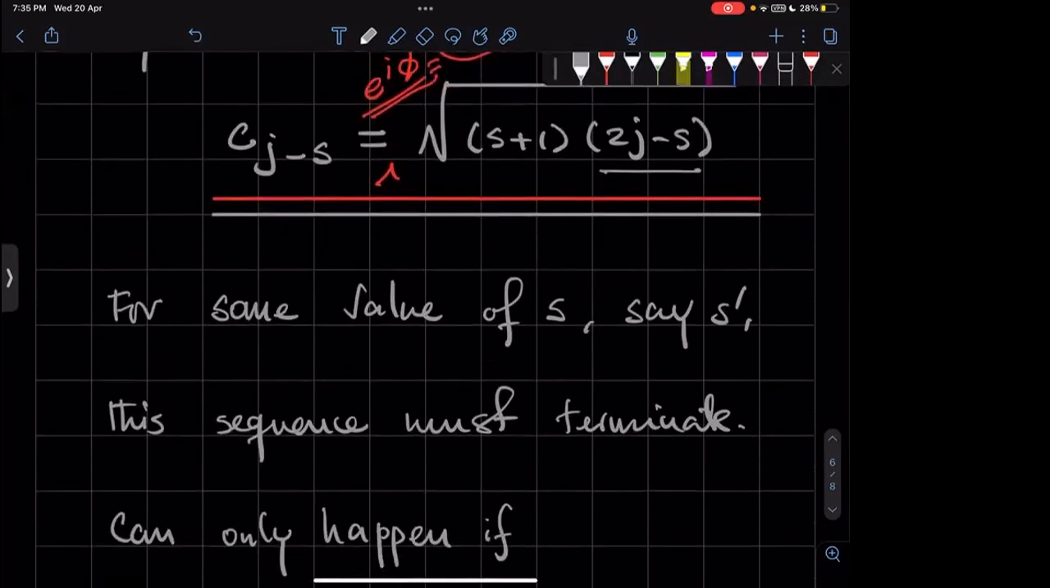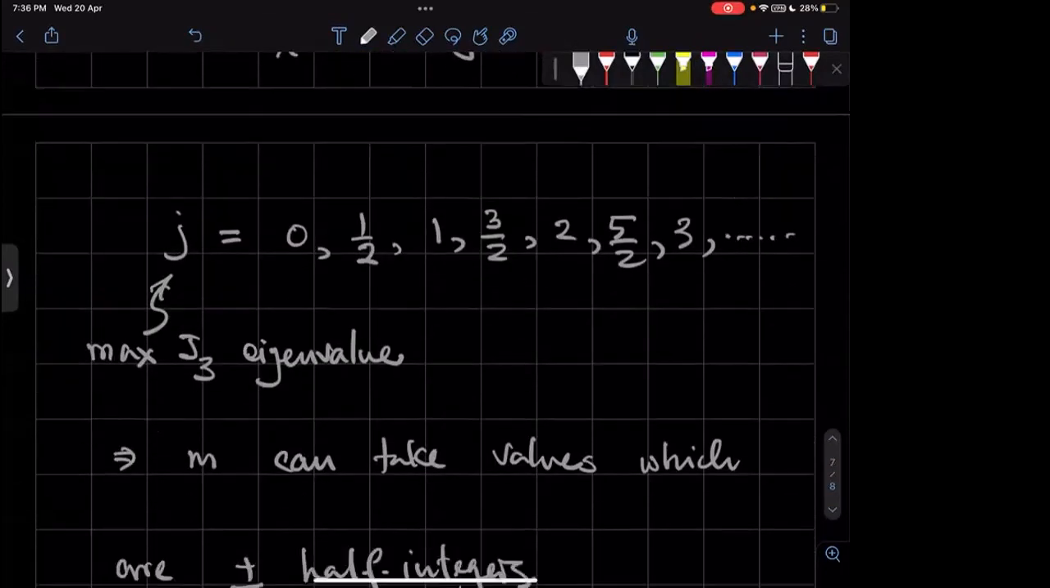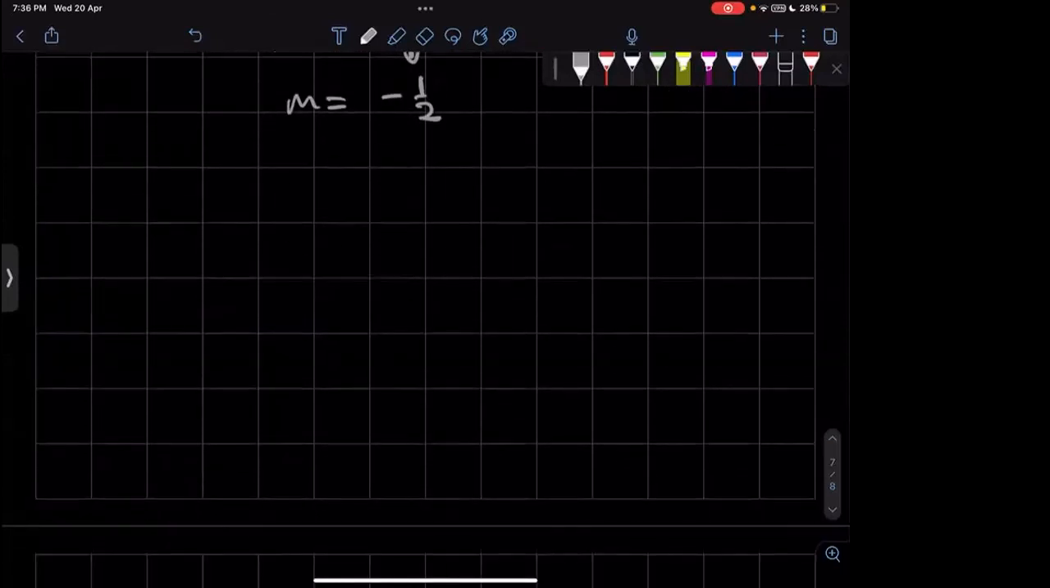So if you now go back to our original equation, where we had J acting on those, so we had J plus acting on lambda m. Now, if I eliminate s in favor of m, then I get,